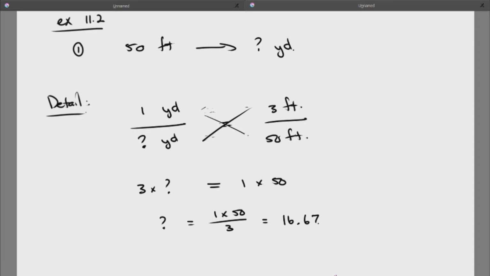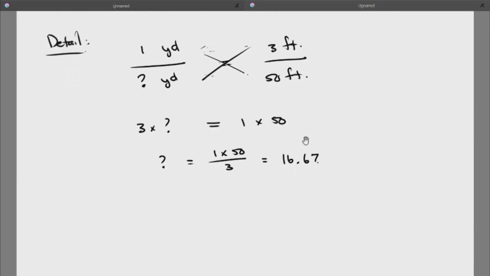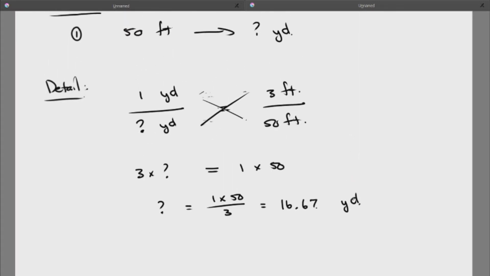are rounding correctly. So let me know if you're not sure, you don't remember rounding, as we go and practice more. Don't just drop the decimals. If they are 5 or more, then we have to update the last decimal by 1. So this will then be in yards. So 50 feet is 16.67 yards approximately,